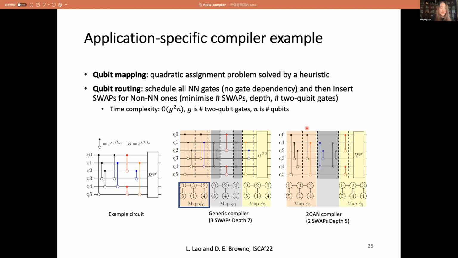And first, we choose all the nearest neighbor gates. As you can see, the orange gate in this circuit is actually located in the last cycle in the input circuit, but we could change their orders. And by doing this, we only require 2 swap gates, and the compiled circuit has depth 5.